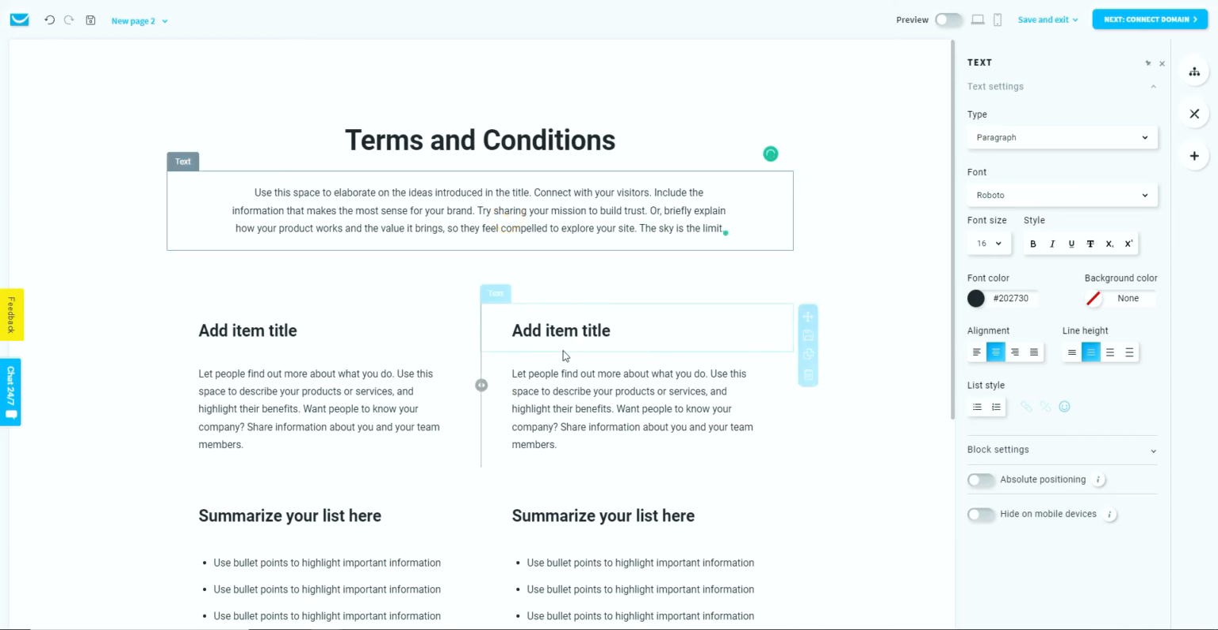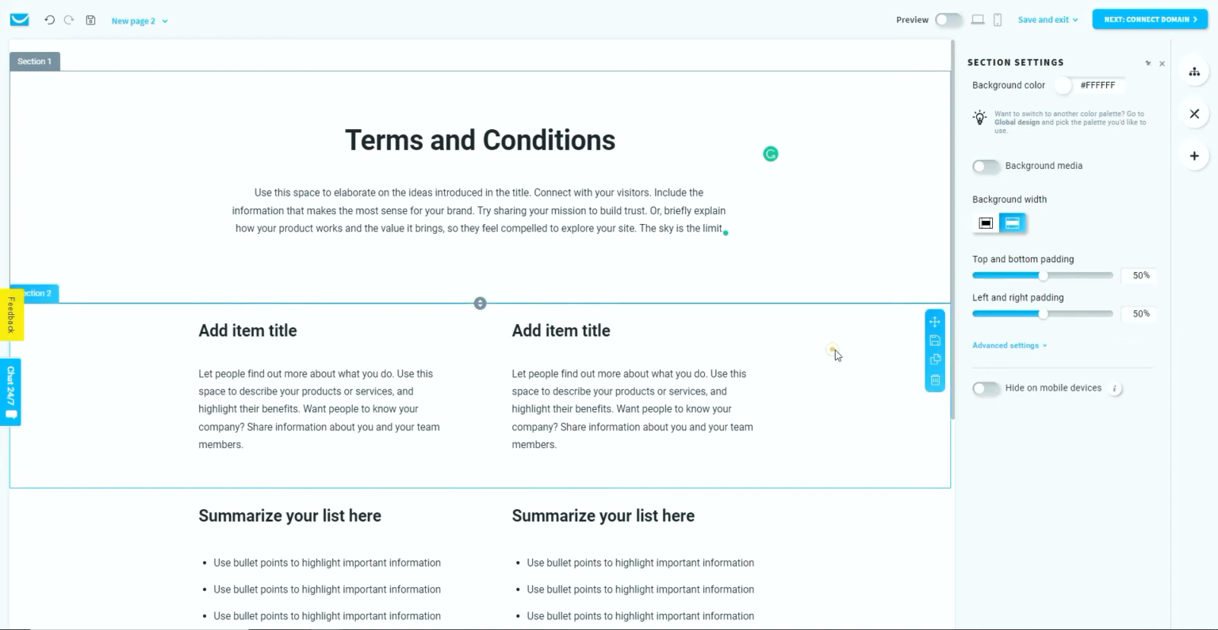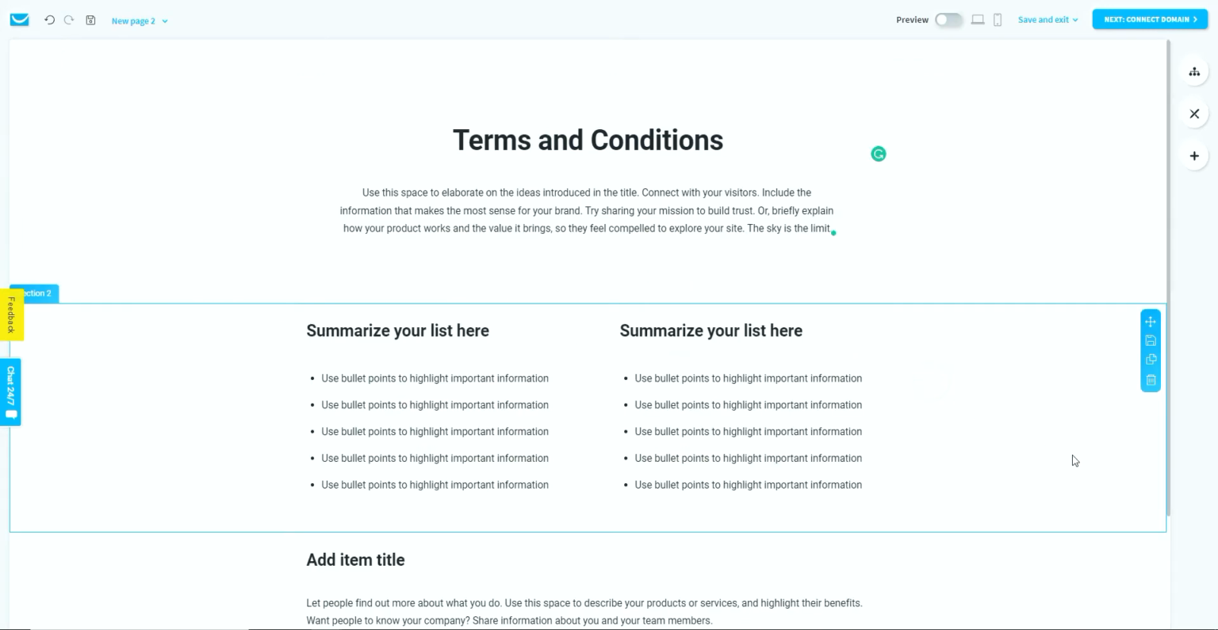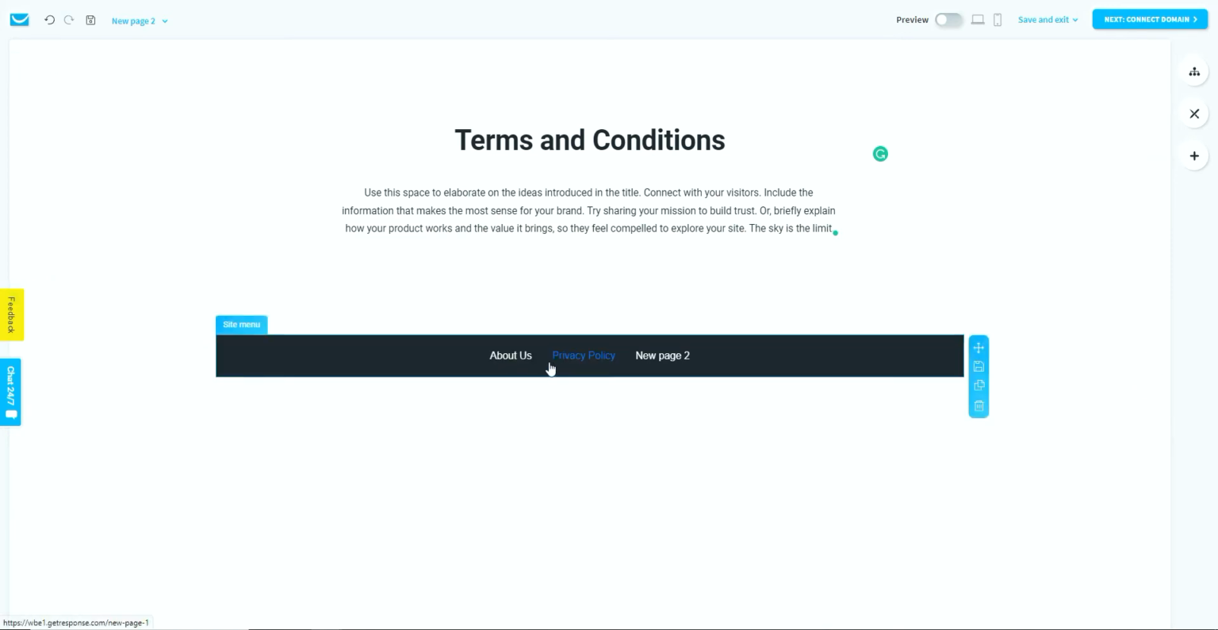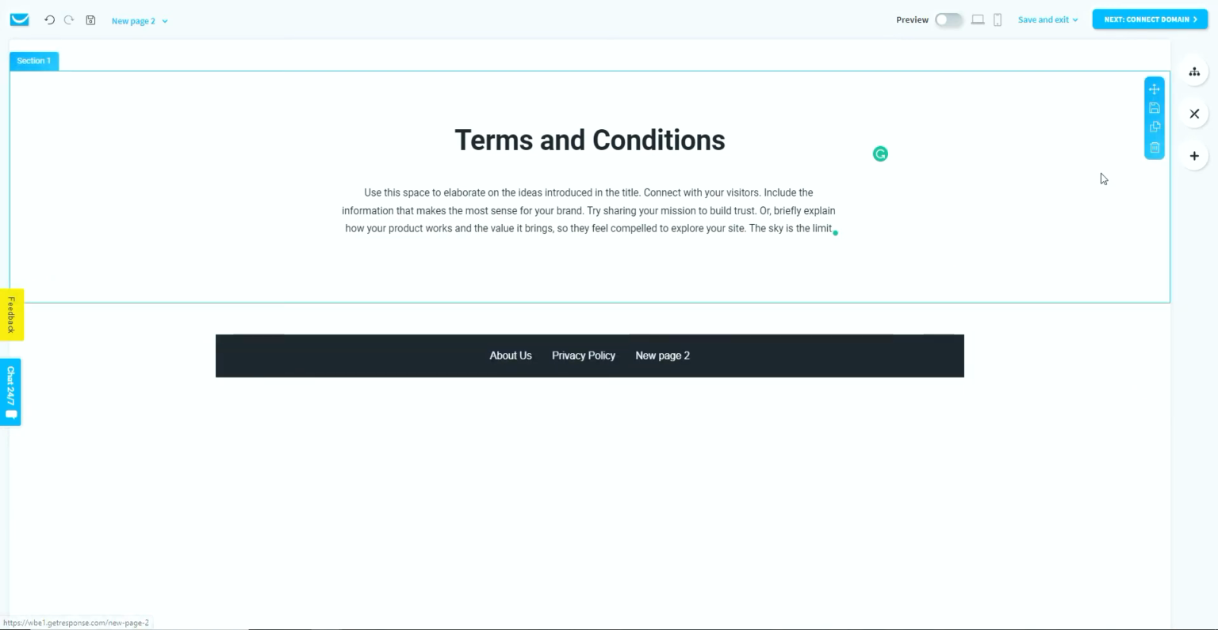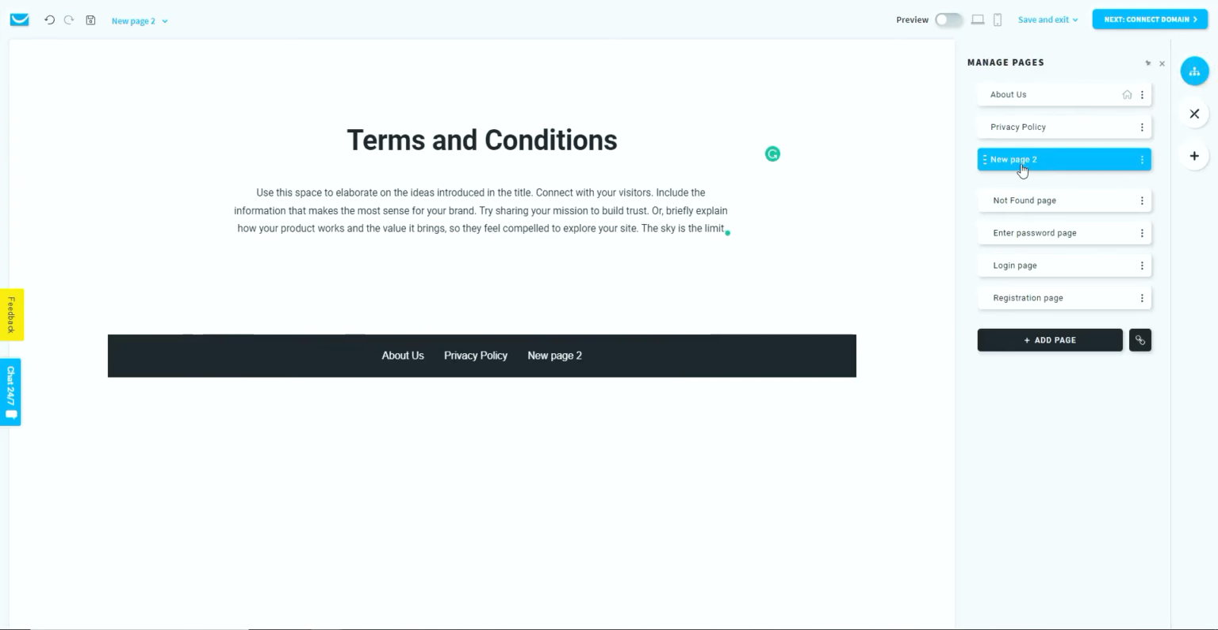And again, we don't need any of these additional boxes. So we just want to delete and delete and delete. And as you can see here, these privacy policy pages now populated at the bottom. We're going to do the same with this as well. So if we come here and we change the new page to terms and conditions,